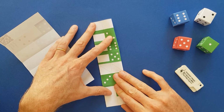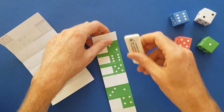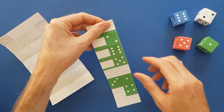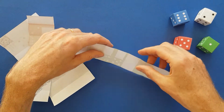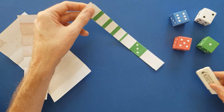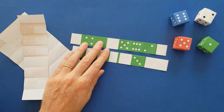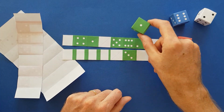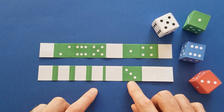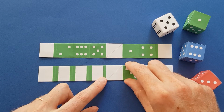Try to make very neat folds, very precise folds, so that it's easier to fold the cube afterwards. And then one last fold. And we have our 2 strips of paper. With those 2 strips, we can make 1 cube. We are going to fold the 2 strips of paper into 2 modules, and we'll first start with this one. There is a diagonal here, and we'll fold along this diagonal, but on the other side of the